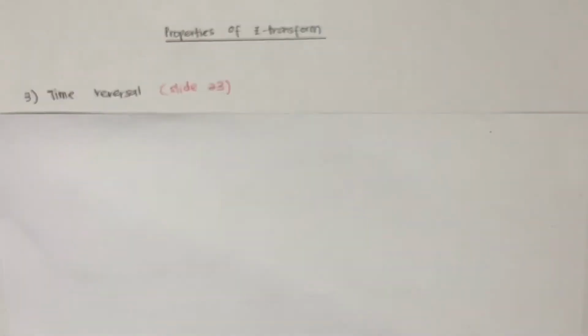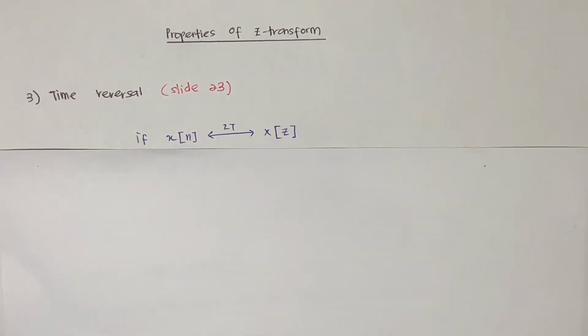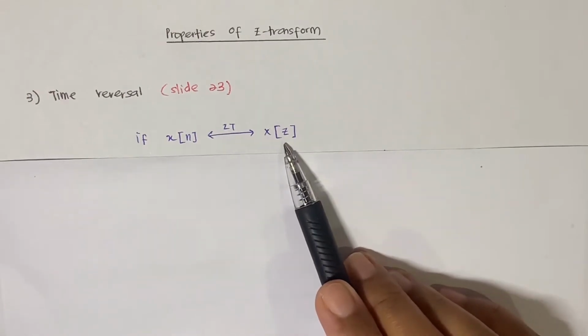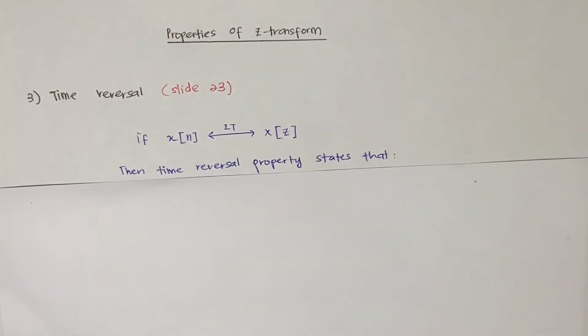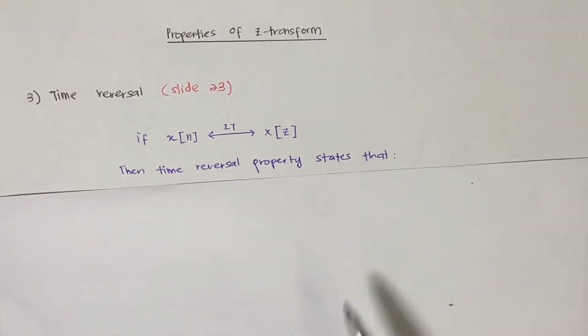Now we go to the third property of Z transform, which is time reversal. You can refer to slide number 23. Okay, let's say x[n], when we perform the Z transform, you will get X(z). So, time reversal property states that